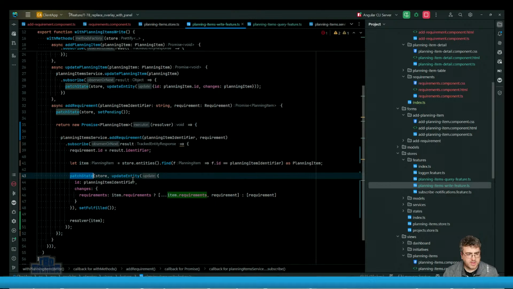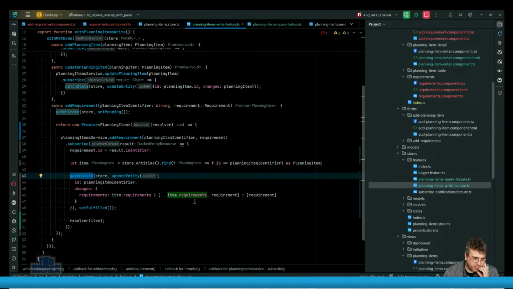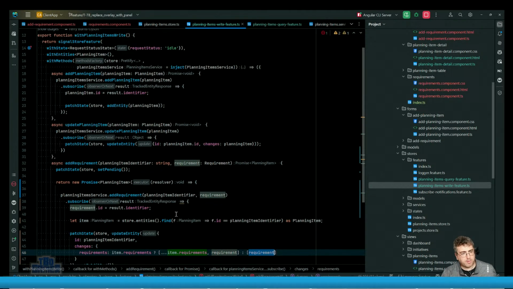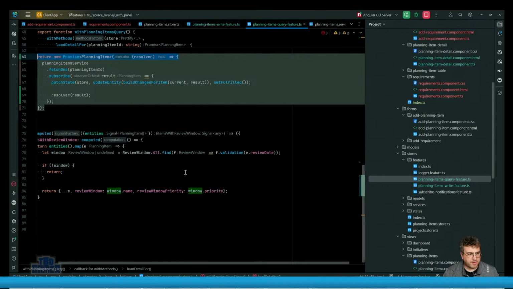So this patch state is going to say, "Go find this entity with the identifier," because that's how I get them, and then push in. If item requirements is set, push in the new requirement, or make an array out of the requirements. When I load the details,